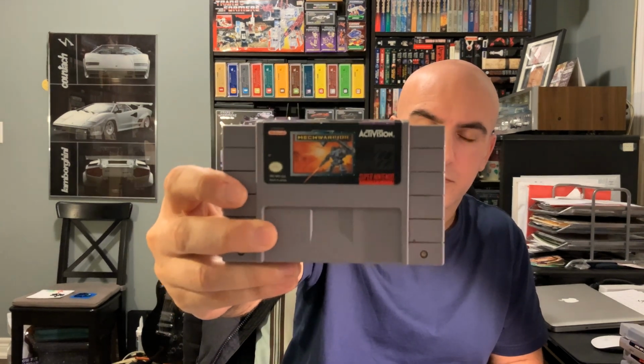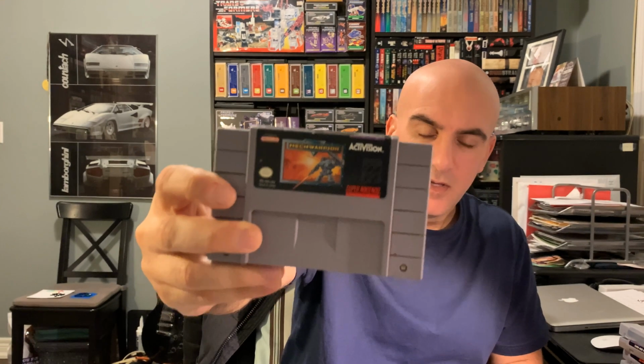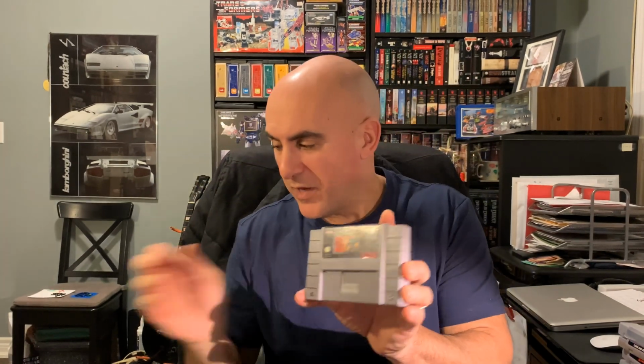I do like playing these games. Mainly, I was a fan of them on the PC. But this is Mech Warrior. So obviously, you choose a mech, you load it up with weaponry, and you go around killing other mechs. Have not tried this one yet. This is